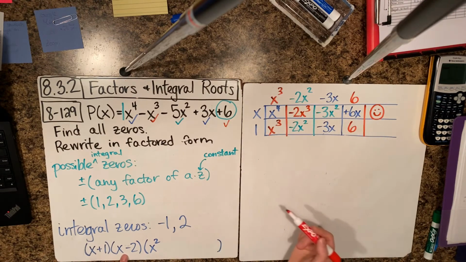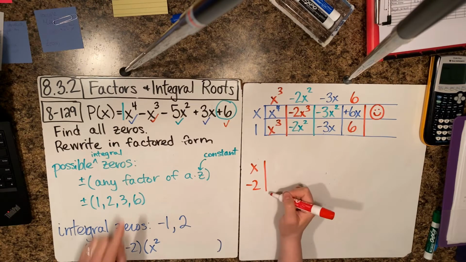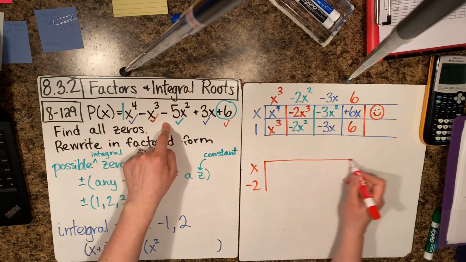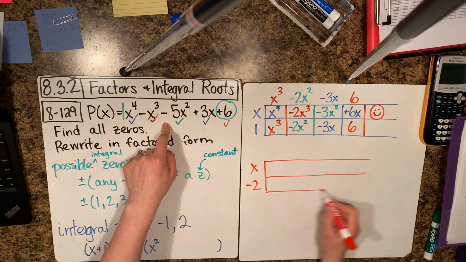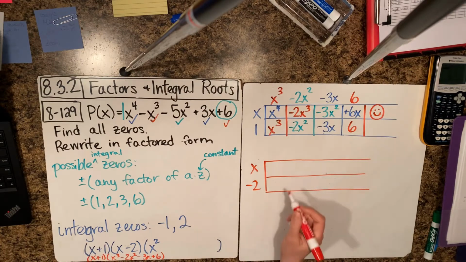Now, we know our second factor is going to be x minus 2. And I don't want to go back and divide it using this. I actually want to divide it using what I have here. Okay. Again, technically speaking, what I just did was figure out this is x plus 1 times x cubed minus 2x squared minus 3x plus 6 from here. Okay. But again, if I have x plus 1, this factors down to x minus 2 times something. We already know that. So I'm going to put my x cubed here,